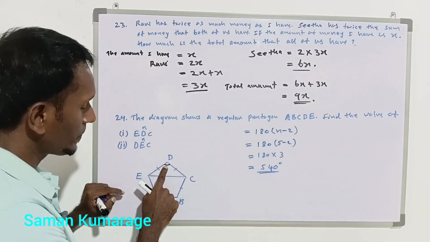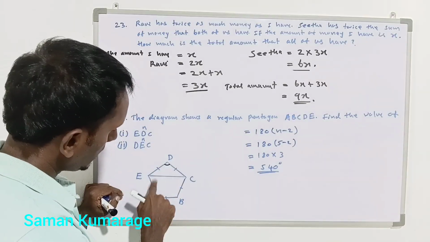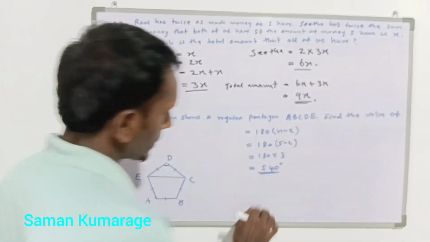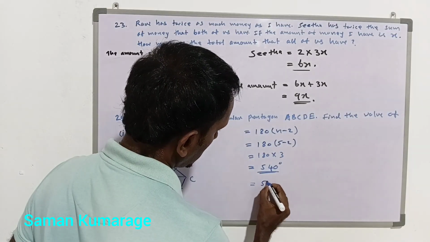This angle is the same as each of the other 4 angles. So for that we have to divide